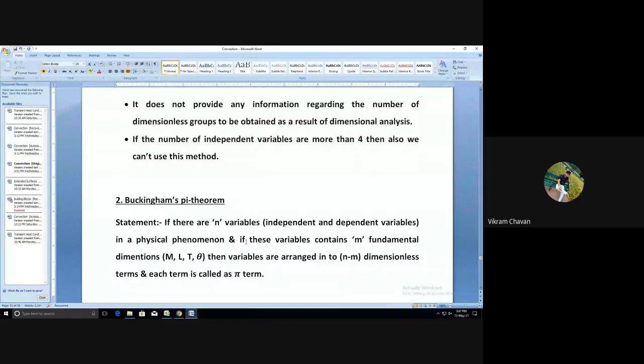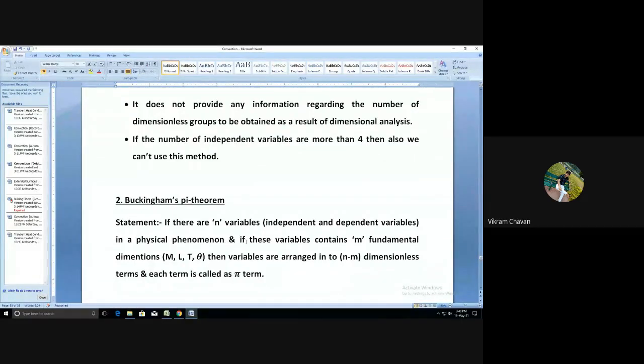So out of this you can choose any two fundamental dimensions, any three, any four. So how many fundamental dimensions are included in that particular physical phenomenon? That is nothing but m. If these variables contain m fundamental dimensions out of M, L, T, theta,